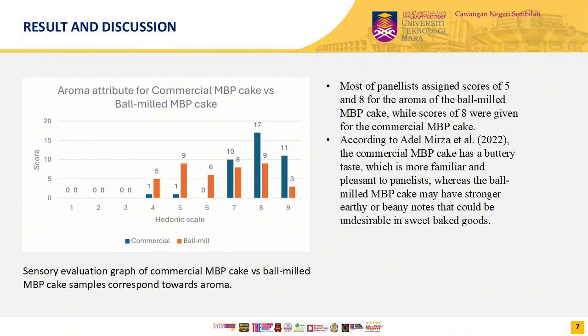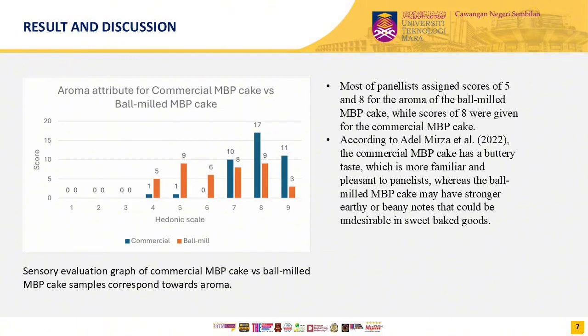Moreover, here is the sensory evaluation graph of commercial mung bean powder cake versus ball mill mung bean powder cake samples corresponding to aroma. Most of the panelists assigned scores of 5 and 8 for the aroma of the ball mill mung bean powder cake, while a score of 8 was given for the commercial mung bean powder cake. According to Adel Mirza et al. 2022, the commercial mung bean powder cake has a buttery taste which is more familiar and pleasant to the panelists, whereas the boiled meal mung bean powder cake may have